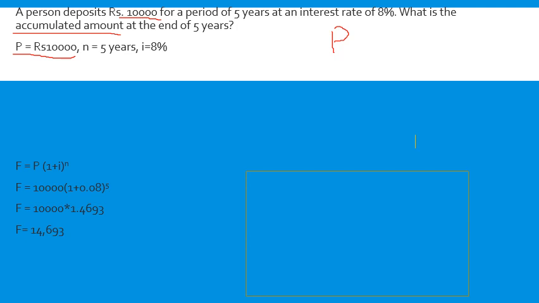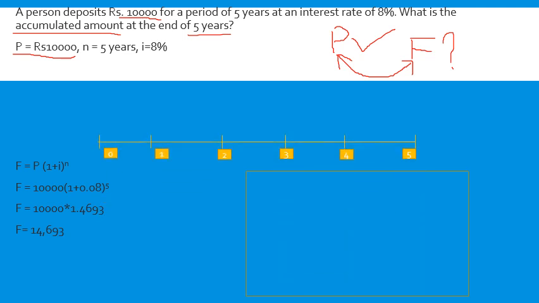That means this is the amount that we are trying to get after some years. How many years? After 5 years. So what is it that we are trying to identify? We are given P. What is unknown? F is unknown. F is not known to me. P is known to me. So this is the relationship between P and F. This is the first job you need to identify. Once you get that this is the relationship between P and F, the next job is to draw the cash flow diagram. What is the cash flow diagram? First draw the timeline.